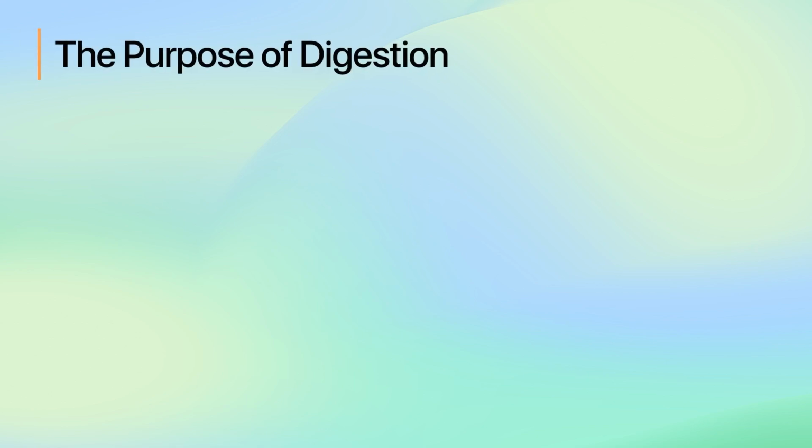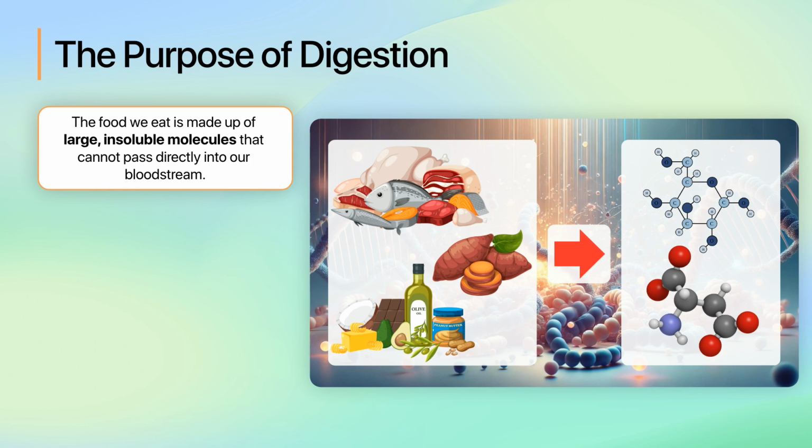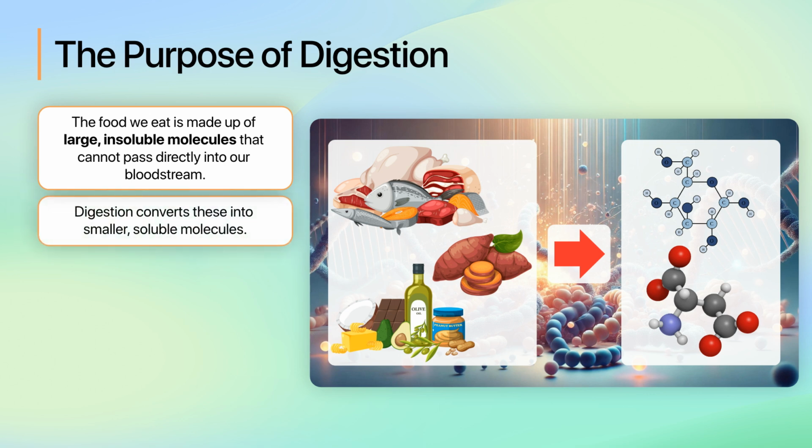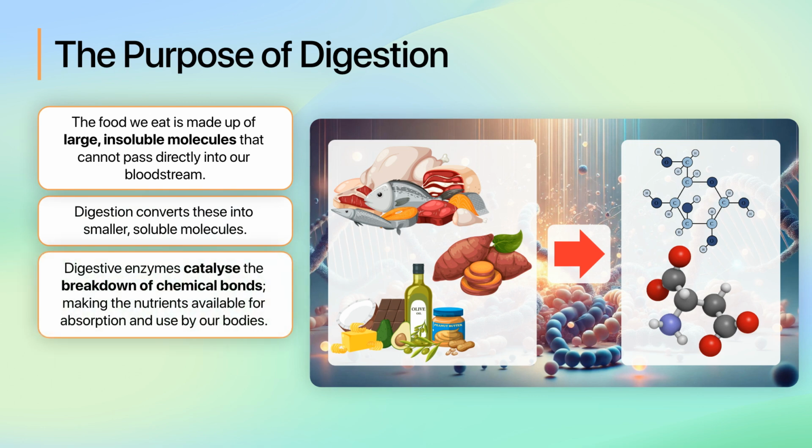To begin our lesson on digestive enzymes, let's recall why we need them. The food we eat is made up of large, insoluble molecules such as starch, proteins, and fats. These molecules cannot pass directly through the walls of our digestive system into our bloodstream, so they need to be broken down into smaller, soluble molecules. This is where digestive enzymes come in. They catalyze or speed up the breakdown of chemical bonds, making the nutrients available for absorption and use by our